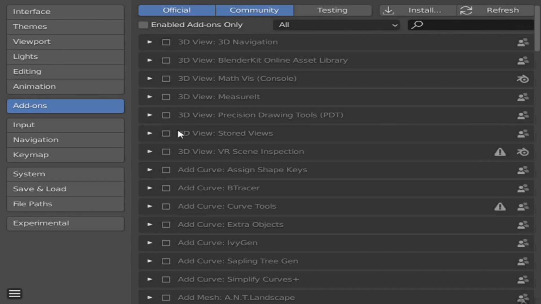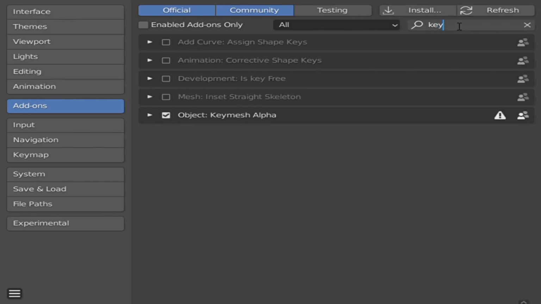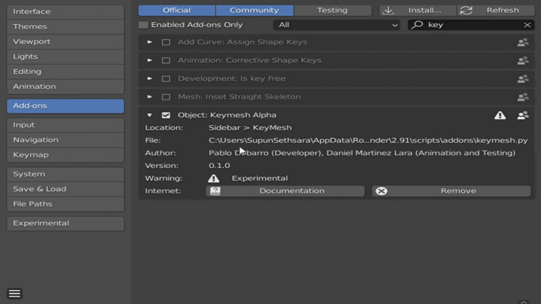From the Preferences window, select Add-ons and select Install. From there, you can select your Python file, and after you install it, you can enable it.